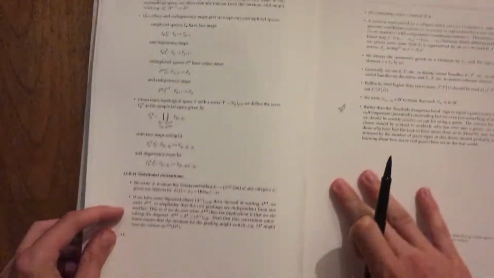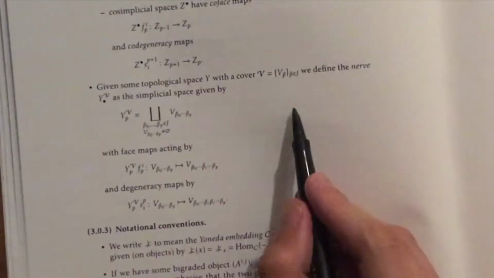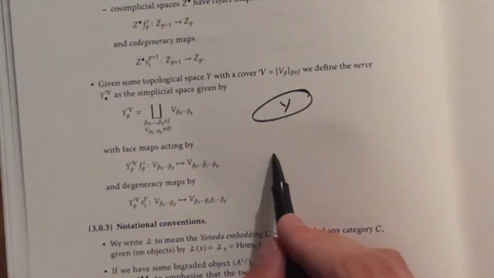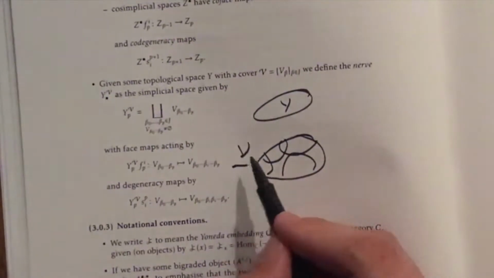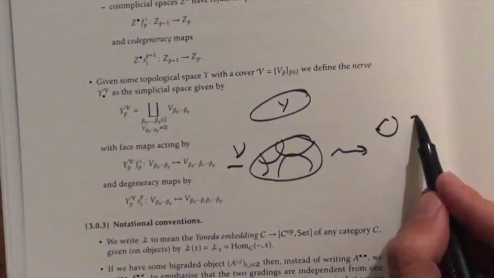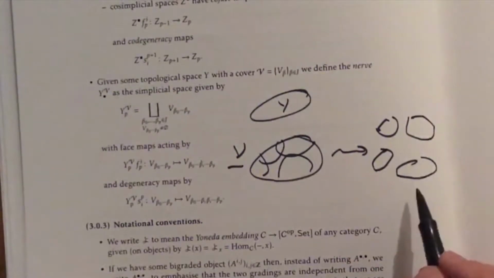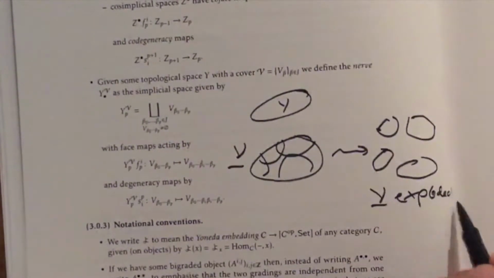One fundamental construction is that of the Čech nerve of a cover, which is a simplicial space, that is a collection of spaces, one for each natural number, along with face and degeneracy maps between them. This is something that we'll be using a lot in what follows, and we tend to think of it as a sort of exploded version of our space.